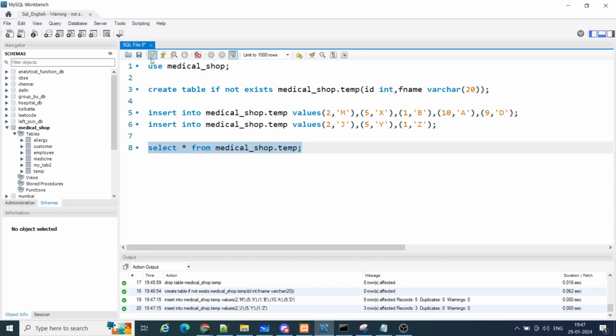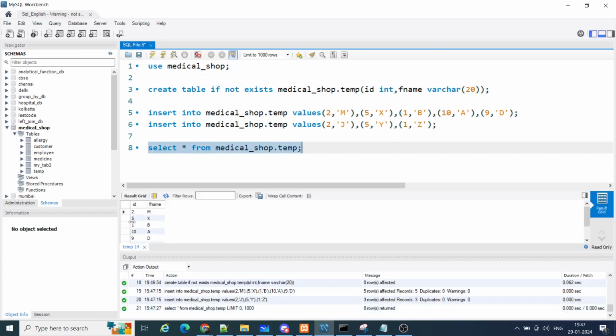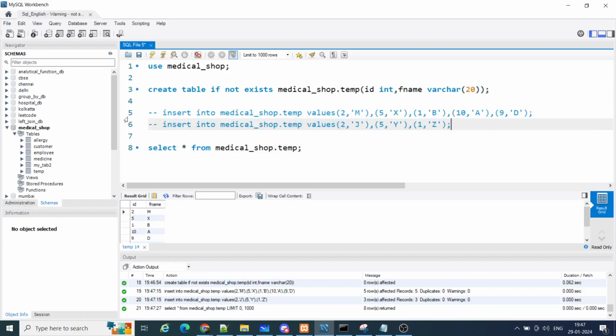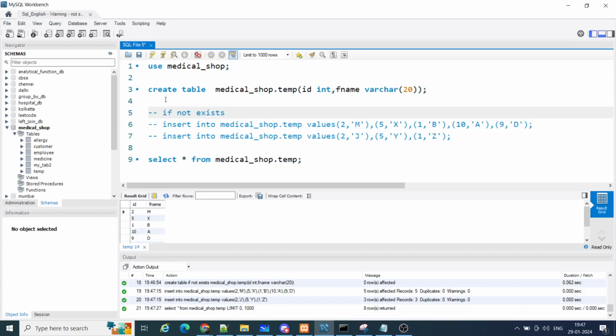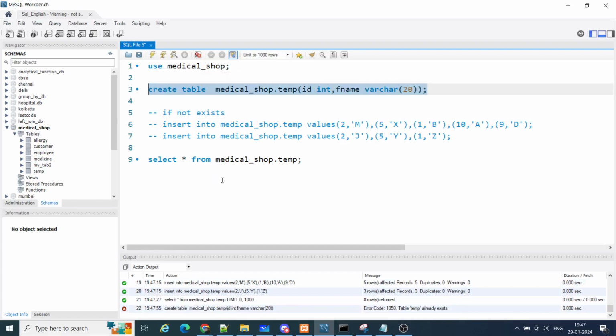Now what will you observe here? You will see the records are there. Now let me disable these two things. What if you don't use this EXISTS command, and you run this command again? You will get an error: table already exists. So to prevent you from this headache,